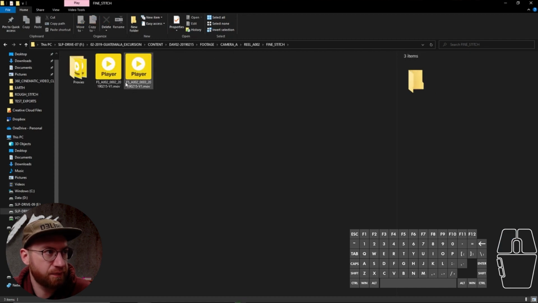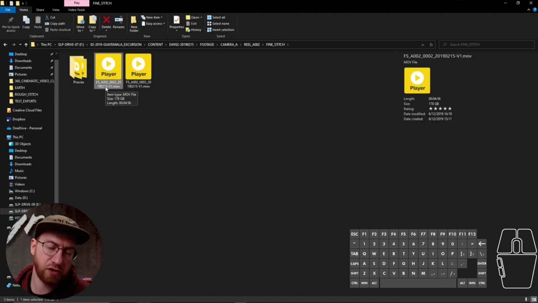We've got fine stitches. So it becomes a lot easier to understand if a random file shows up. You can easily see, I don't even have to open up this file, but I know that this is a fine stitch. So I know that it's full resolution, which means that it's also probably rendered out as ProRes 422. I know that it is from camera A, that it is from reel 2. I know that it is shot 2 from that reel, and I can tell that it was shot in 2019 on February 15th, and that this is V1